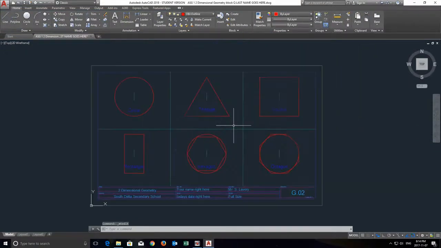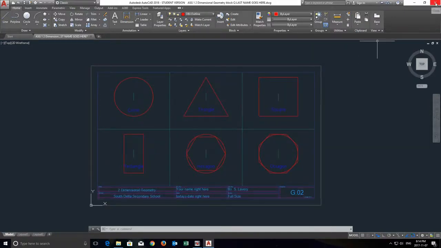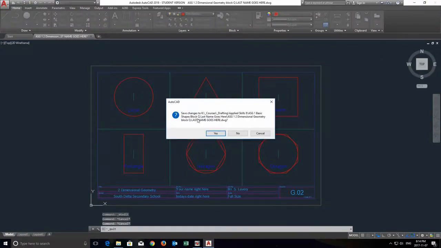Last thing to do is, of course, we need to save this. Here's the little save icon up here. Saves the current drawing. If you click on that, it will save it. Now, if you forget to save or you change something afterwards, even if you just zoom out a little bit, here's what's going to happen. When you quit the program, it will say, do you want to save your changes? So you can save it yes,